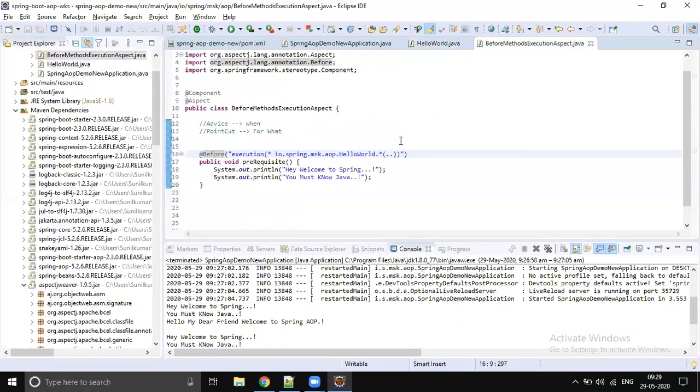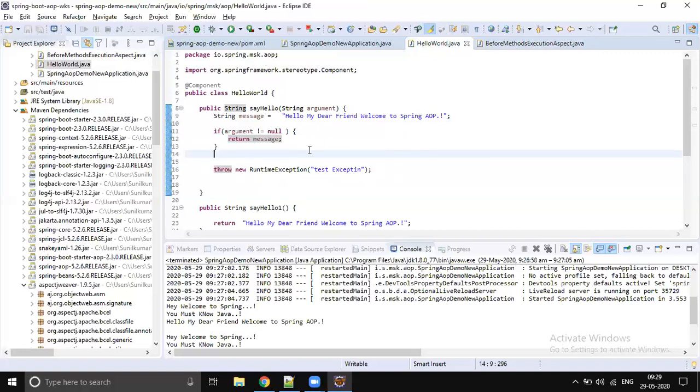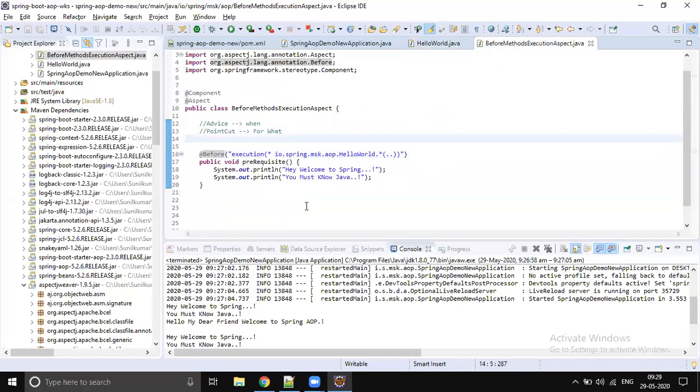Your before advice is going to execute before your method execution, right? So if you would like to do something when an exception comes, the before advice is not suitable for that requirement. Before will get executed just before method execution. Once the method execution processing starts, we cannot do anything with before.